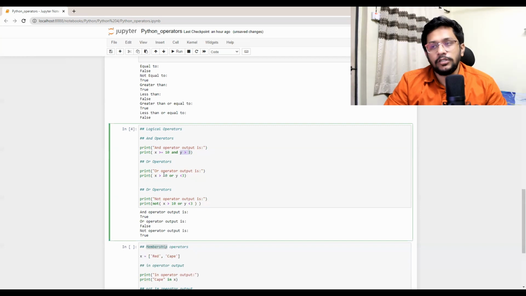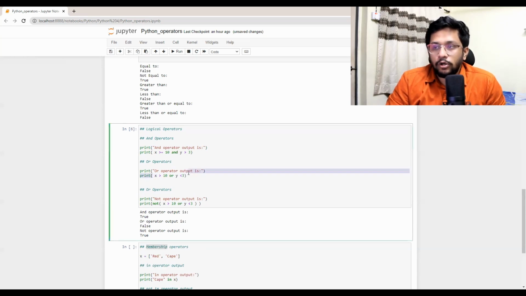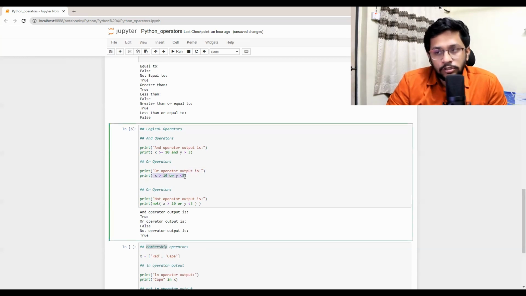OR is basically at least one has to be true. And here neither is true. So if we just convert this equal to greater than equal to, and we hit Control Enter, it will become true. Now over here also, if this is false, the not output of this will become true. So I'll just change this back to the previous one. And now you see that the whole output for this is false and our not output is true. That's it. Simple, clean.